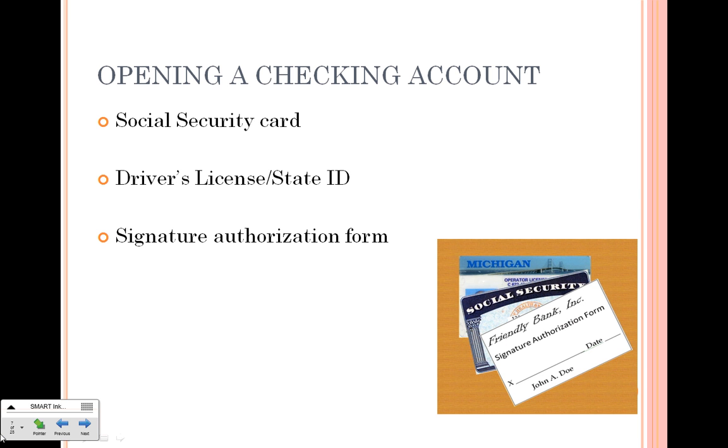Okay, when you open a checking account, I know some of you already have one, you don't need a whole lot of things. If you take your social security card and your driver's license into the bank, you'll fill out some paperwork and then you'll have an account. Once you open that account, they're going to ask you to fill out what they call a signature authorization form. It's just your written signature with a date, so that if you were at some point to say, hey, I didn't write that check, it was forged, that's not my signature, they have a base document to compare it to, to see if it really is your signature or not.